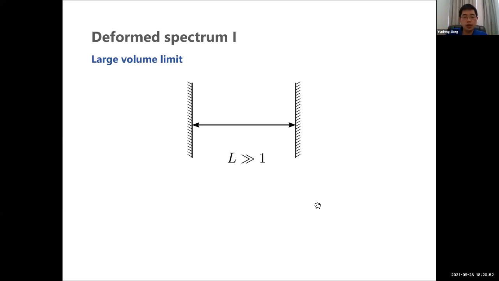So I will start. This is the finite volume spectrum. Suppose I put my quantum field theory on a strip where I have two boundary conditions, left and right, and the distance between the two boundaries is denoted by L. In integrable quantum field theories, it's very important to distinguish two regimes. One is the large volume limit, and the other is the finite volume. The reason is that the large volume limit is much simpler than the finite volume because we don't need to care about finite volume corrections.